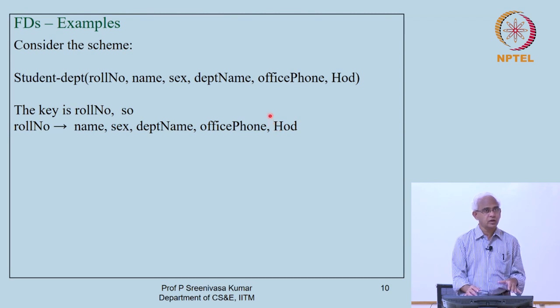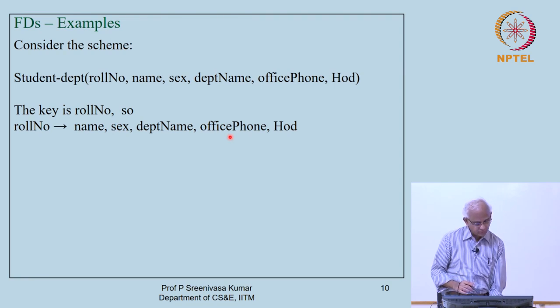And this kind of a thing, as we have mentioned right in the beginning, always happens. If the left hand side is a key, the key will always determine all the other attributes. So, that is a functional dependency that always holds good in any scheme. Of course, if the key itself is all the attributes, then there is no possibility for the right hand side. That is what happened for the prerequisite relation. Good.